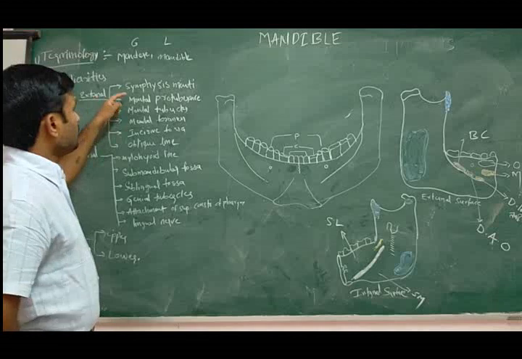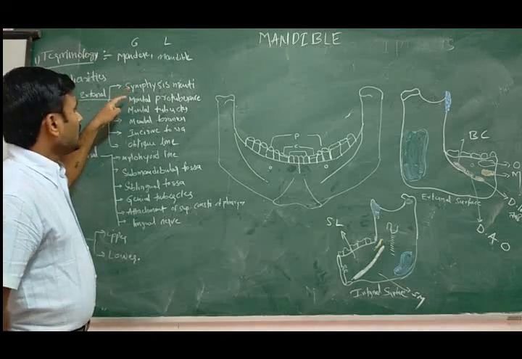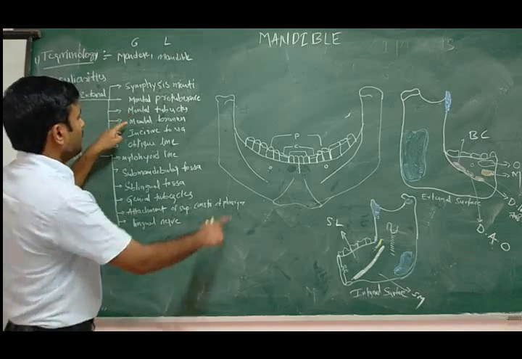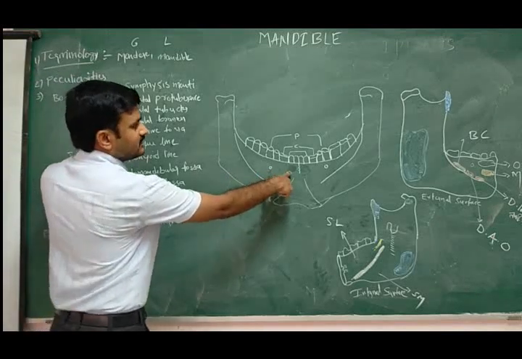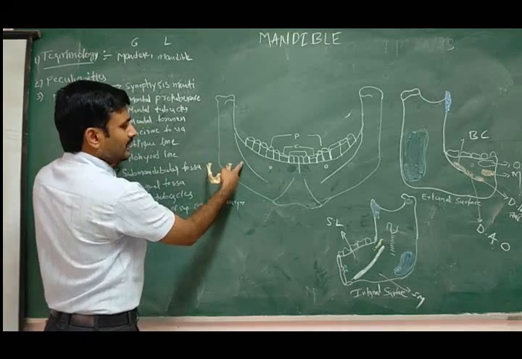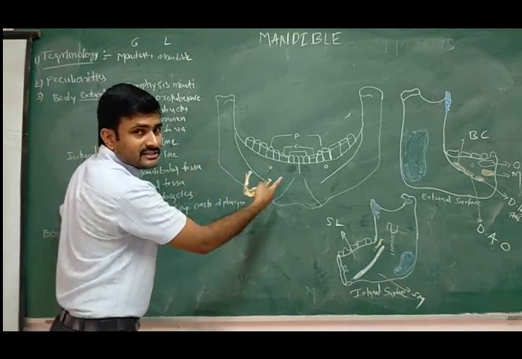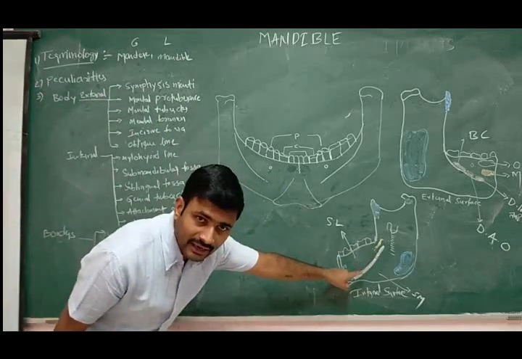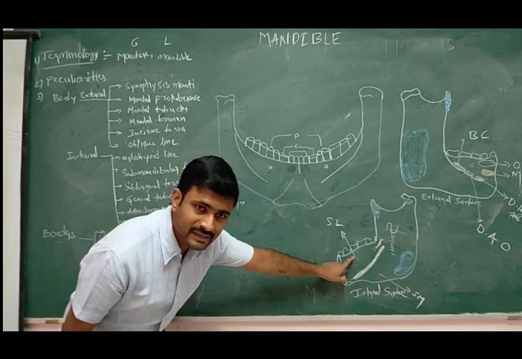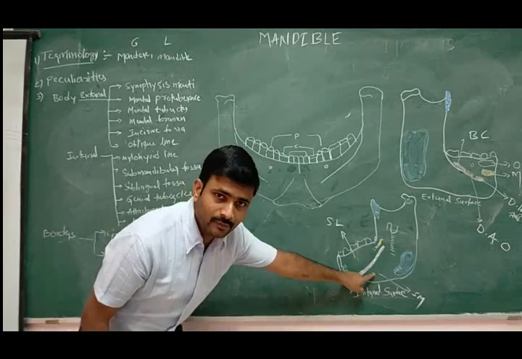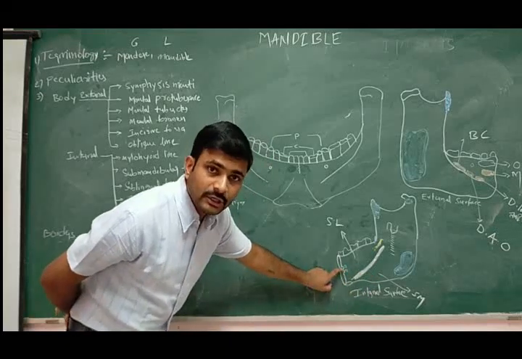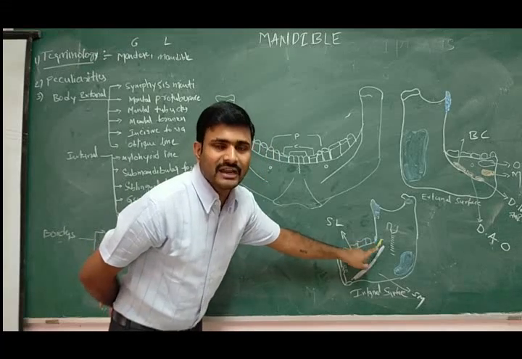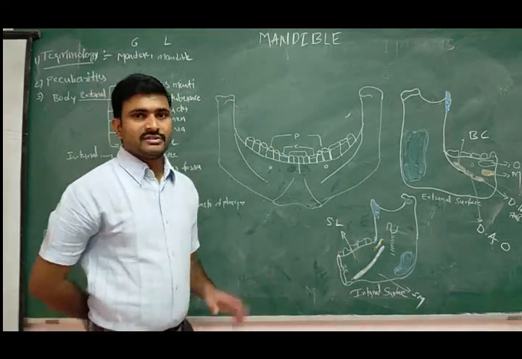In the external surface, we completed the symphysis menti, mental protuberance, mental tubercles, mental foramina, incisive fossa and oblique line. In the external side, now come to the internal mylohyoid line. Above the mylohyoid line is the sublingual area, below is the submandibular area, and here are the genial tubercles, the attachment of the superior constrictor of the pharynx and the lingual nerve. So two surfaces are finished.